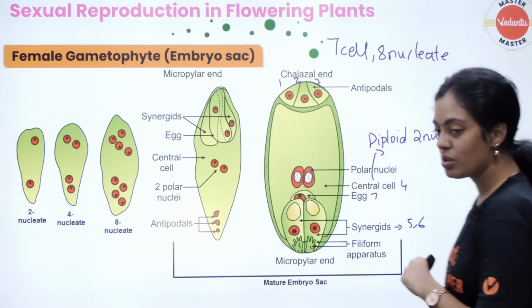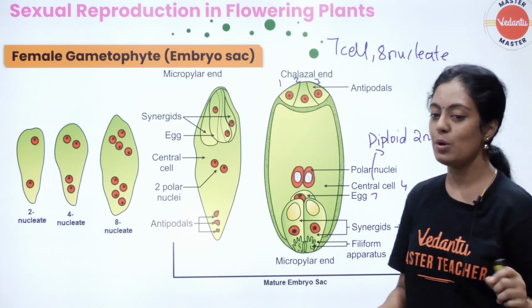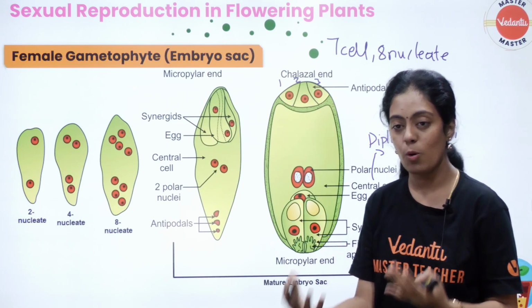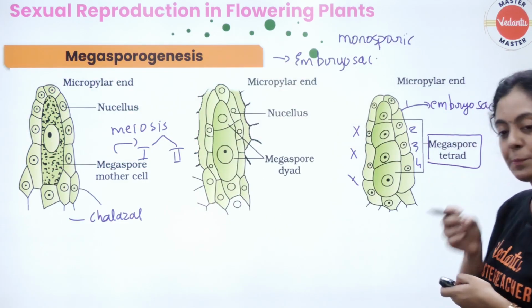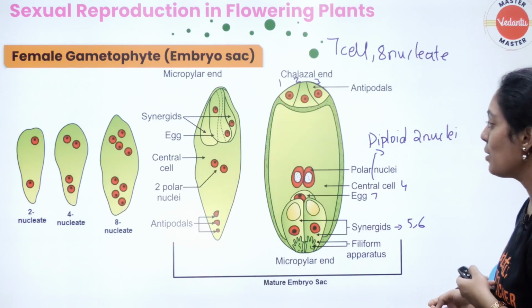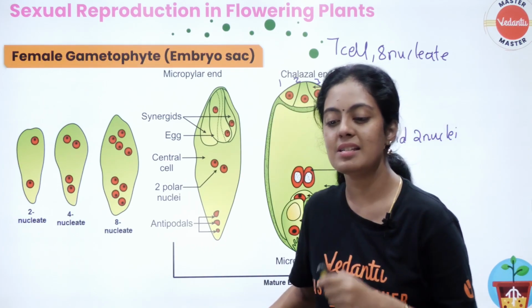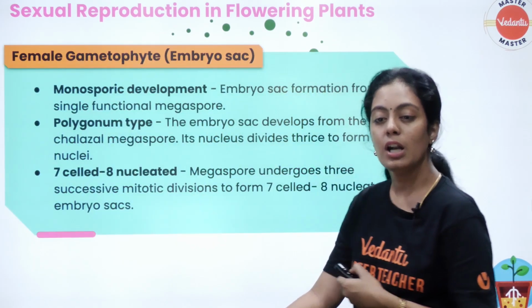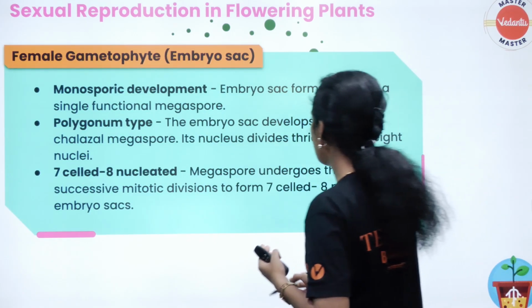So this is the structure of your mature female gametophyte or your embryo sac. So if they ask about macrosporogenesis, you should explain from this picture. Write this, and after that write this. It is a very possible 5 mark question in your exams. Now we shall continue. As I already said, we call it a monosporic development because it